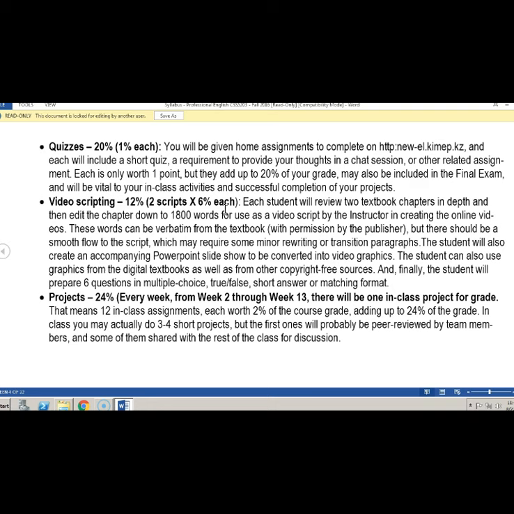So you need to make sure that your script makes sense and that those transitions are there, and people understand what you're talking about, both because of the graphics and because, when necessary, you've added whatever transition and other explanations you need in order to clarify the words you're extracting from the chapter.